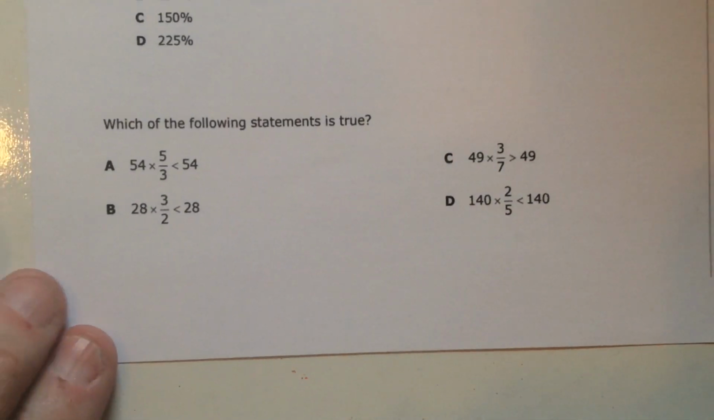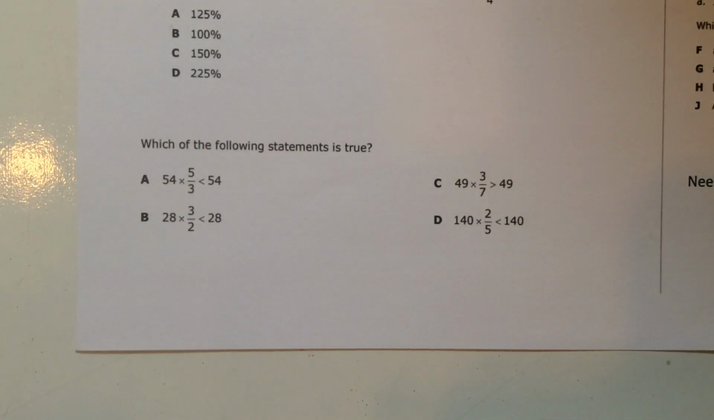All right. This one is about the reasonableness in multiplication. Which of these statements is true? So this goes back to those rules saying when I multiply by a number that is greater than 1 whole, my answer gets larger than the number I started with. If I multiply by a number less than 1 whole, my answer is smaller. And when one number is greater than 1 whole and one number is less than 1 whole, the answer is